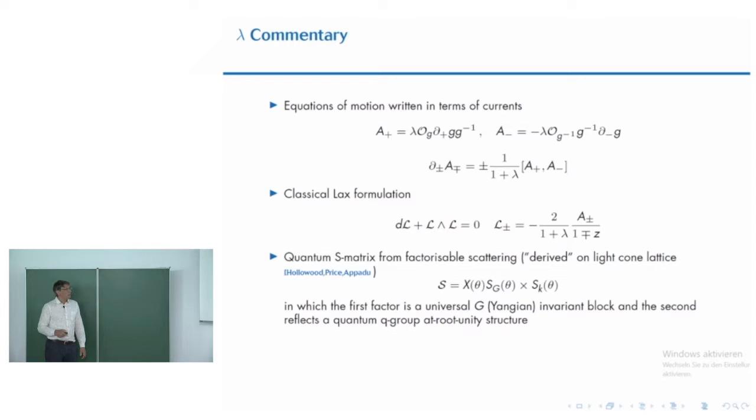What you need to know about it is it's got two factors here. So this cross is actually a tensor product. One reflects some G group symmetry, and the other is a kink S matrix. So it describes the scattering of kinks in a sine-Gordon theory, more or less. Okay, so this is some particular answer. And what we're going to use is, yeah?